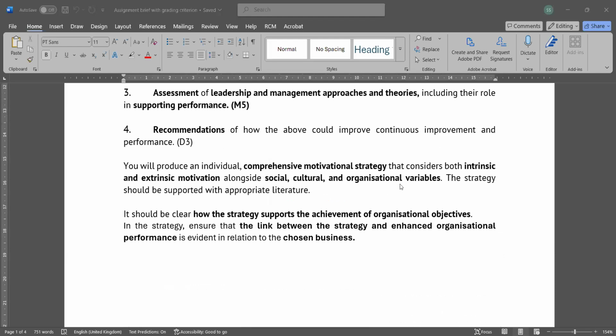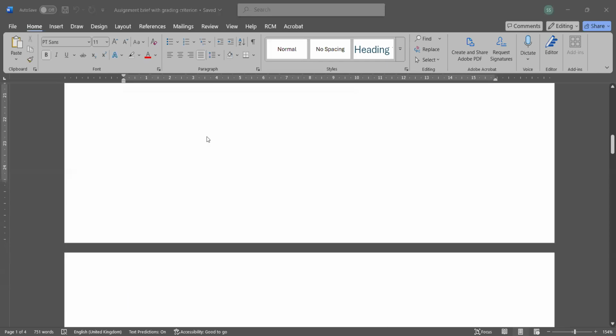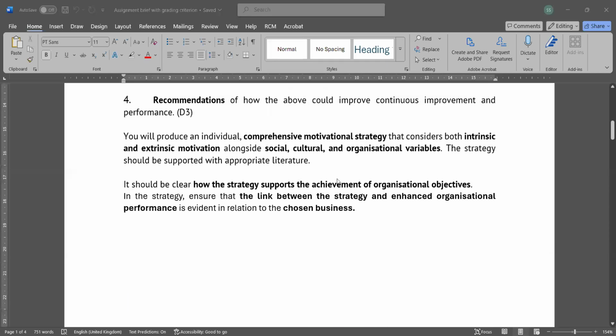If you just want to pass, you just make a basic motivational strategy where you link it with the organizational objective, and maybe link how it will help enhance organizational performance, then you can pass.